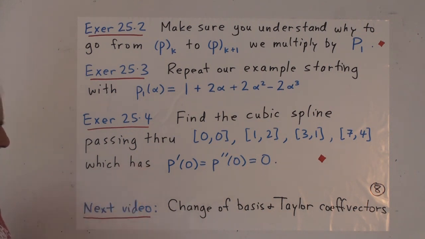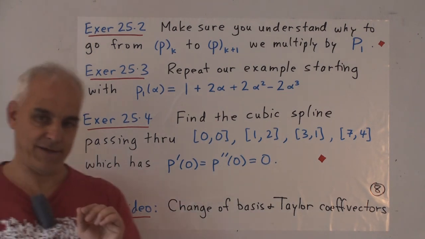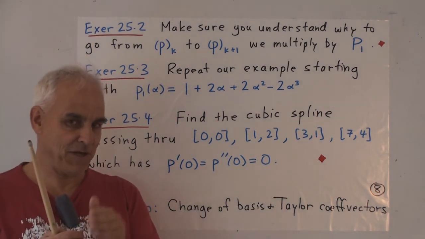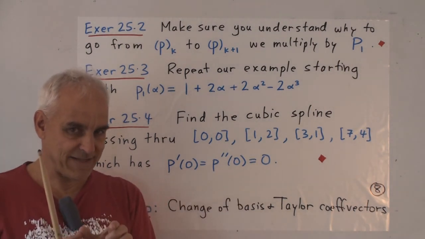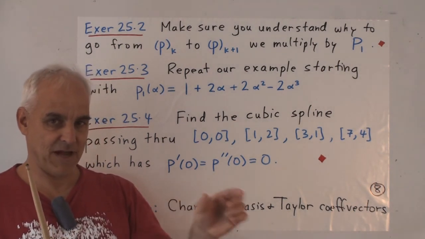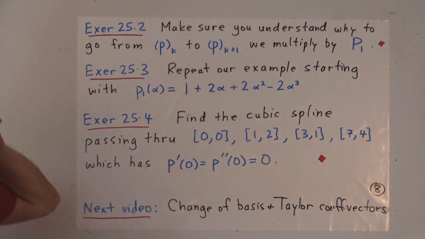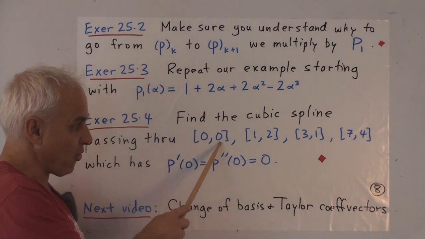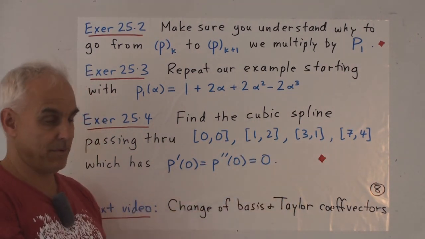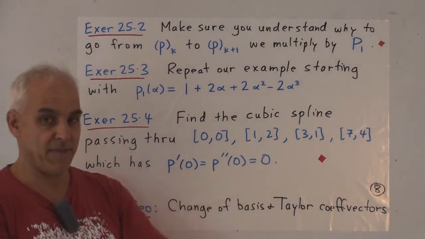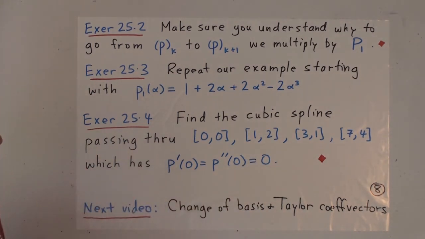And then once you've understood that, you can think about a little bit more general case, because we've only been proceeding so far step by step, where the steps are each of the same size, of size 1. So what happens if our points are a little bit more randomly spread out? Say (0, 0), (1, 2), (3, 1), and maybe (7, 4). What would be a cubic spline that passes through that?